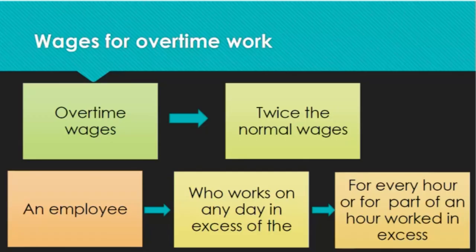We need to define what is the normal working hours. Then only he will be entitled for overtime. Otherwise, as per minimum wages, if it is 500 per hour, the employer will pay only 500 per hour. You work for 7 hours, 9 hours, 10 hours, 12 hours, you will be given only 500 per hour. So while fixing the minimum rate of wages, the appropriate government will also fix what is the normal working hours,